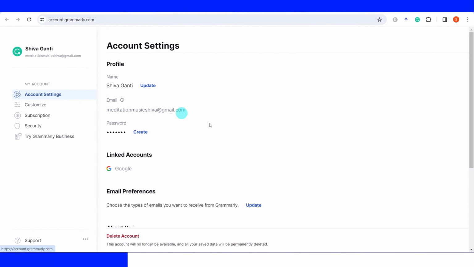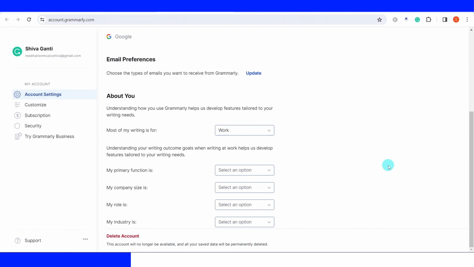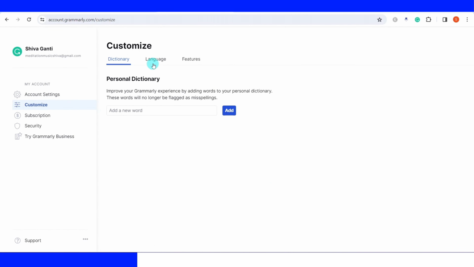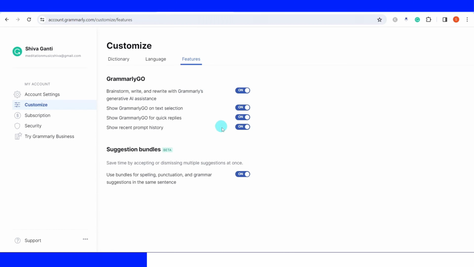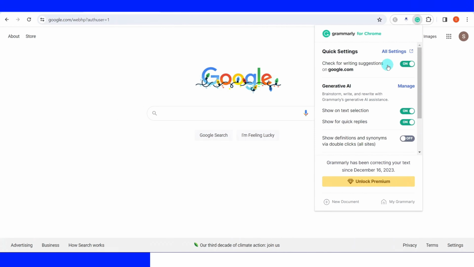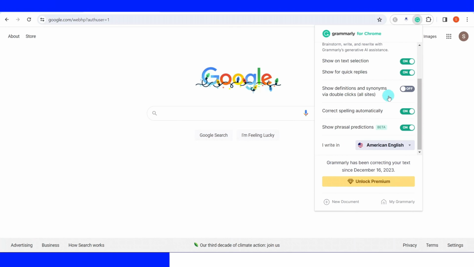Here you see the account settings. You can modify any options if you want to, and then you can click on this customize. Here you see dictionary and then language preferences. Here you can set your language preference, and there is a features option. So you see different settings that you can make here. Here we can turn off or turn on Grammarly's browser extension for a particular website. We can manage generative AI features by clicking on this manage button, and we can turn on, turn off the show on text selection, show for quick replies, and we can also activate, deactivate show definitions and synonyms via double